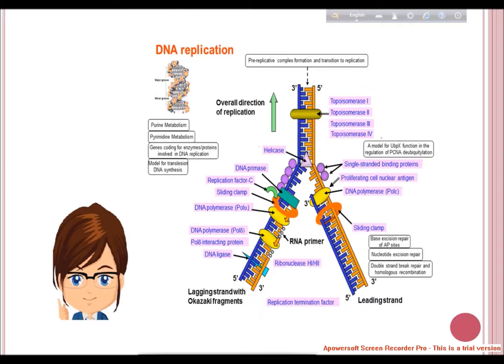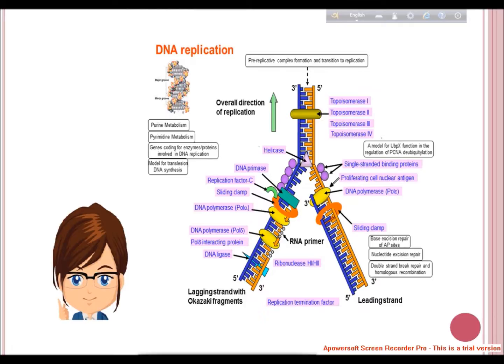During replication, much of the newly formed DNA is found in short fragments of 1 to 2,000 nucleotides in prokaryotes and a few hundred nucleotides in eukaryotes. These fragments are known as Okazaki fragments. These fragments occur during the elongation of the daughter DNA strand that must be built in the 3' to 5' direction.